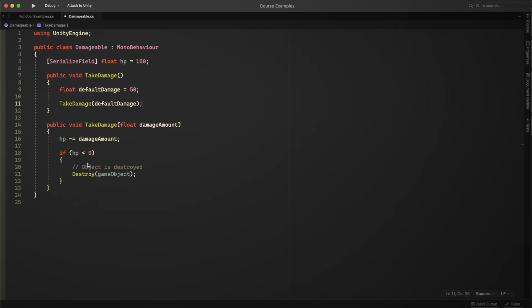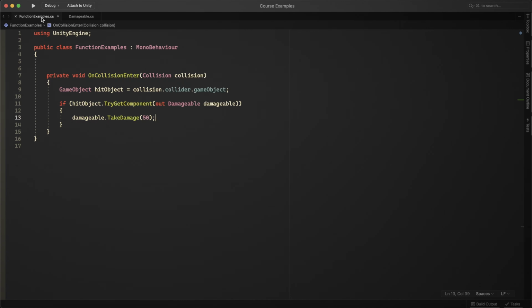And then I'm just going to call the other function, take damage, and then pass in default damage. And then I only need to do this once, but I can have an alternate version of the function that works in a slightly different way. Now, you'll see this a lot with Unity's built-in functions, and when you write them yourself, when you come to call that function,